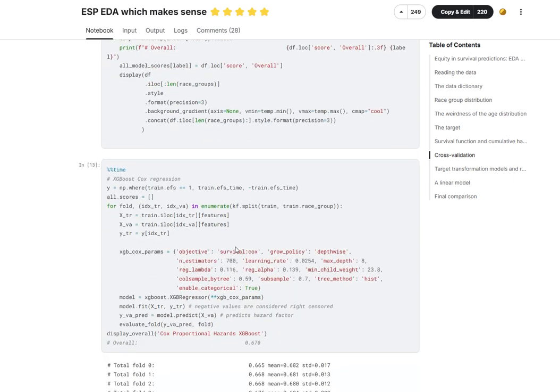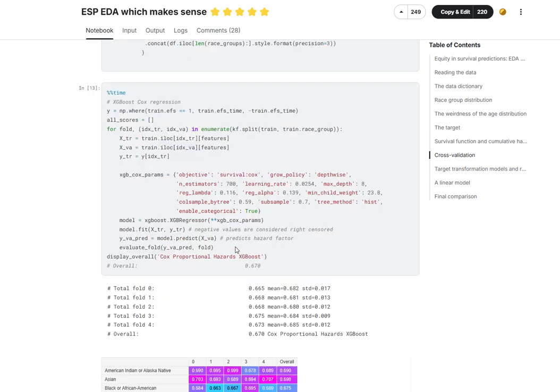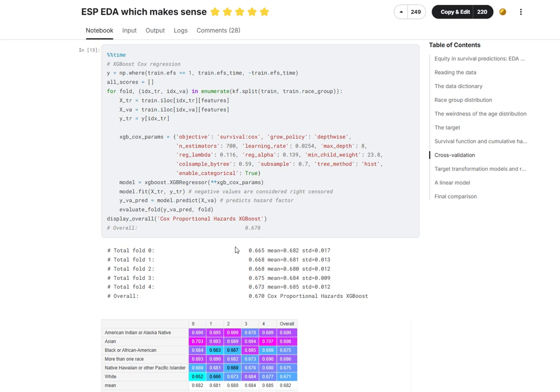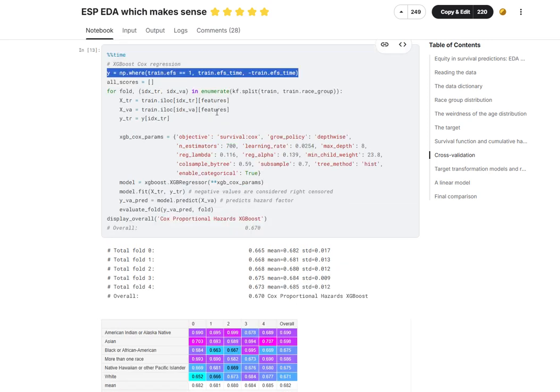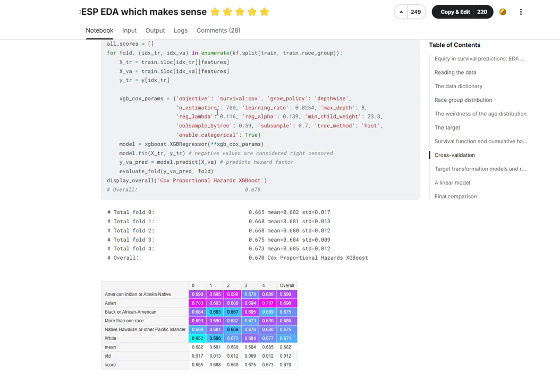Here, the notebook trains its first model, an XGBoost regressor using the Cox Proportional Hazards objective. This is a classic survival analysis model. The key thing here is how the target variable y is prepared. If fs is 1, event occurred, y is the fs time. If fs is 0, censored, y is the negative of fs time. This negative sign tells XGBoost that the observation is right-censored. The model is then trained using stratified k-fold cross-validation, and the evaluate fold and display overall functions are used to